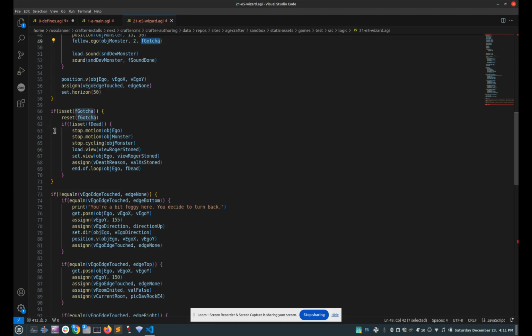So if it's the first time we receive this flag, we basically have some logic here that handles the fact that this stuff gets called in a loop, and that's kind of outside the scope of this example. But if we catch Roger, we're going to stop Roger's motion. We're going to stop the sorcerer's motion. And then we're going to load the view called Roger Stoned. We're going to set our ego's view to that, and then assign a reason why Roger died and play the